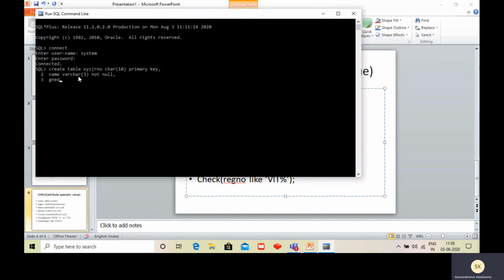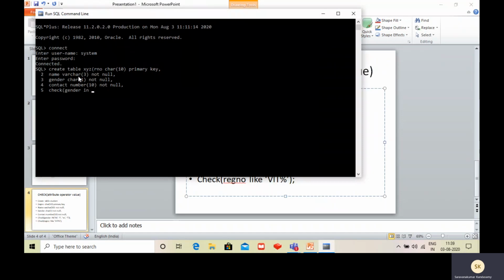Then gender is character of 1, not null. Then contact number of 10, not null. Now I'd like to put the constraint check